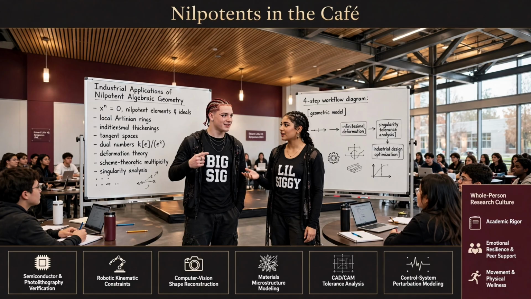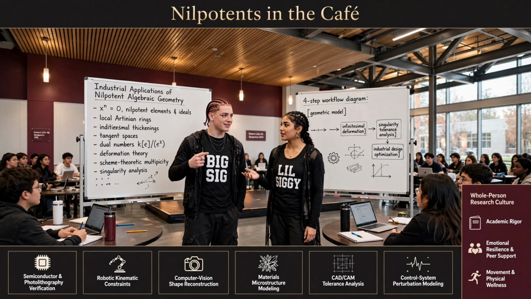The very same. He introduced the concept of jet schemes and arc spaces to study the intrinsic properties of these singularity resolutions. Jet schemes. That is directly related to the finite jets we've been tracking this whole time. Right? Exactly the same lineage. For a geometric scheme X defined over a field, the nth jet scheme retains the finite algebraic jet of that geometry. By upgrading CAD algorithms to operate on these jet schemes, the software can determine the exact mathematical order of contact and resolve the singularities algebraically, completely ignoring the numerical guesswork.